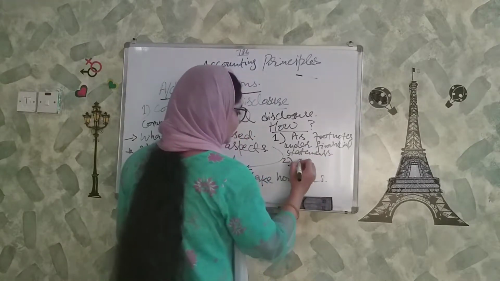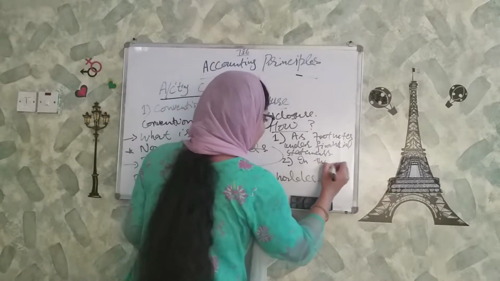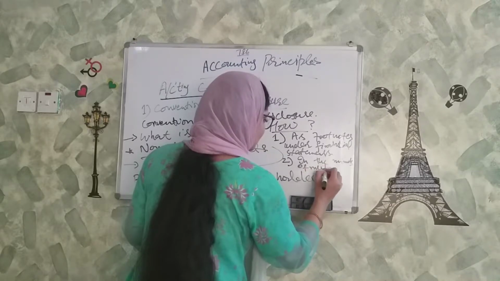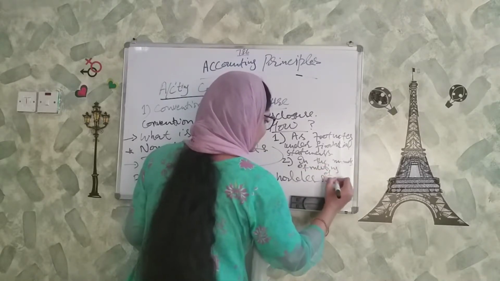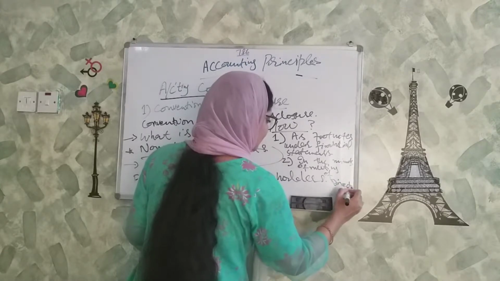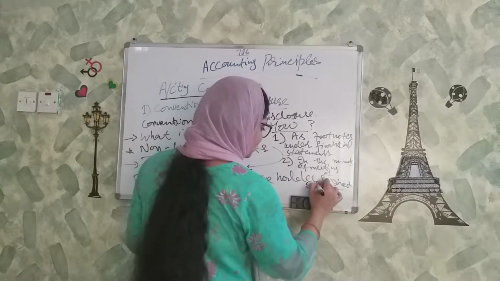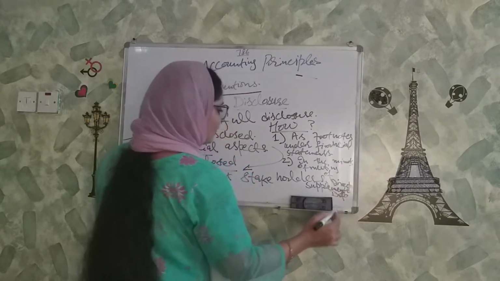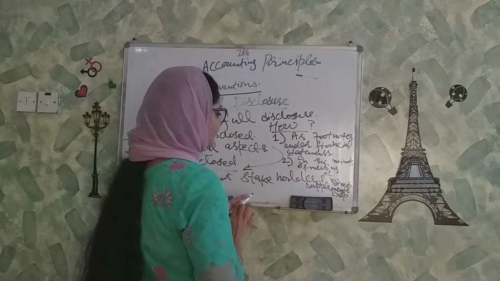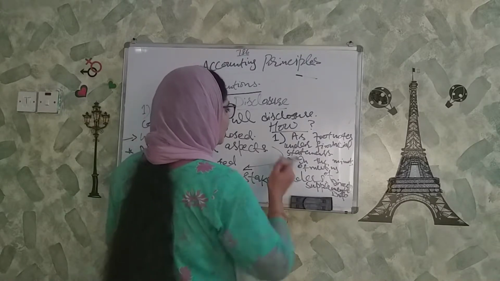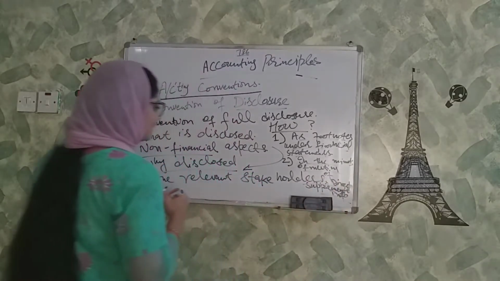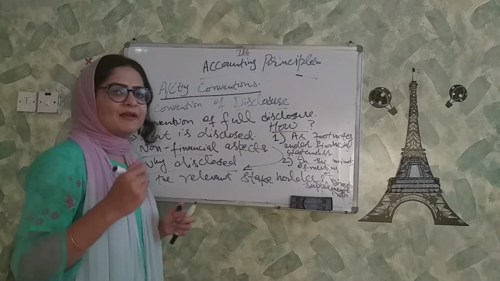And number 2, in the minutes of meeting of directors, board of directors, or this is also called the supplemental information. So by way of supplemental information or as footnotes under the financial statements, we can disclose this information, this full disclosure concept. So what is the full disclosure concept? Let me give you an example.